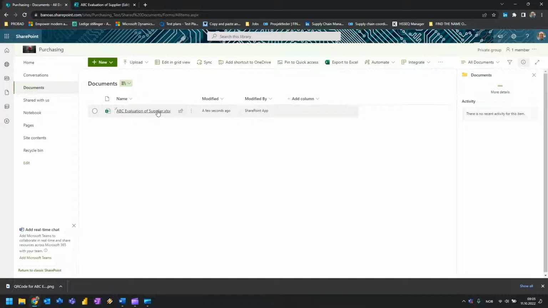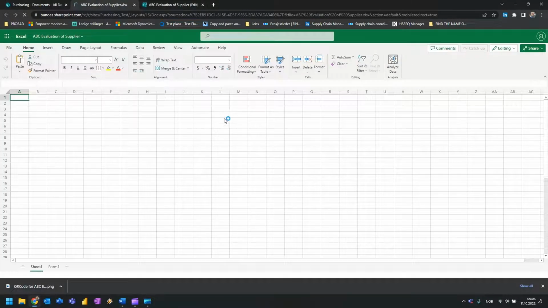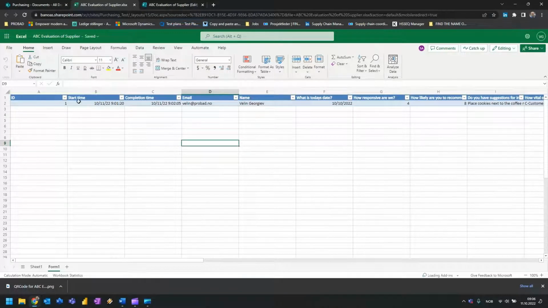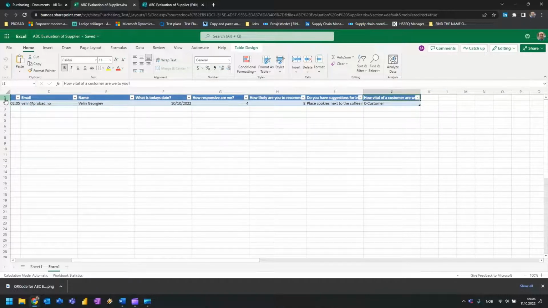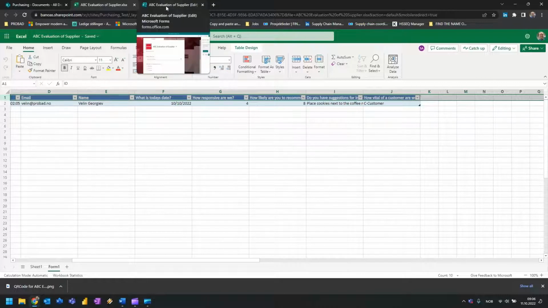As you can see, an Excel file was created, and we must be very careful what we do with this Excel file. This is the source file. We must not change properties. We must not move. We must not play with the structure, the forms. We must not lock it, etc. Because as you can see, it automatically generates the information, and you can see that SharePoint has direct access to it. The most important thing is do not touch these, do not change, do not edit, because the more you edit, the main row, the more you edit, the more data will be corrupted,